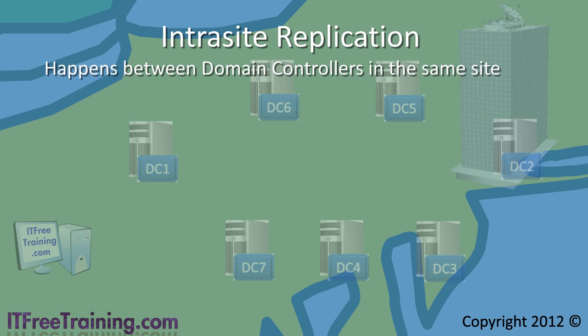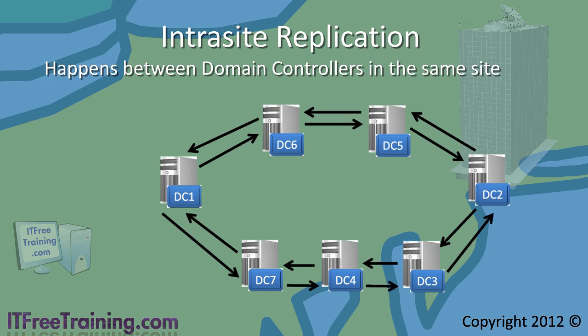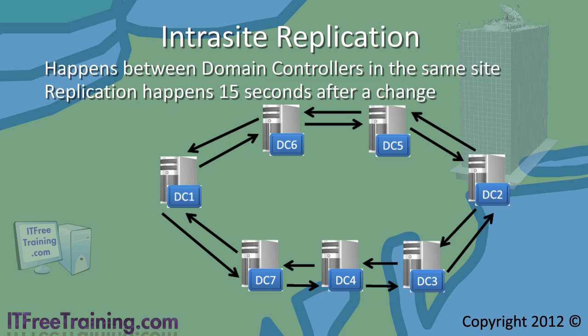You will be happy to know that Active Directory handles this kind of replication without any configuration. It does this by connecting all the domain controllers in that site together in a ring. You can see that the 7 domain controllers are each connected to 2 other domain controllers. This gives some redundancy and also reduces the number of connections required in sites with a large number of domain controllers. In Windows Server 2003 and above, intrasite replication will start 15 seconds after a change has been made on a domain controller. With such a small delay, all domain controllers on this network will receive the change in less